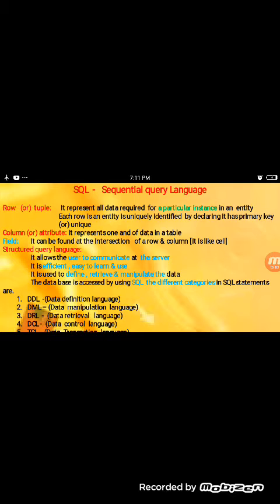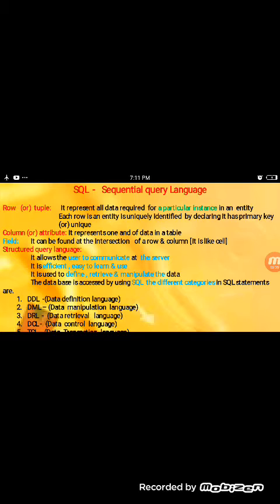This is known as a row or tuple, a particular instance of an entity. And then a column or attribute represents one kind of data in a table, which is known as a column. And then we know about the field. It can be found at the intersection of a row and column. It is like a cell, we call it a cell.